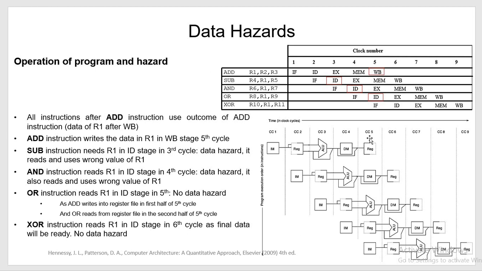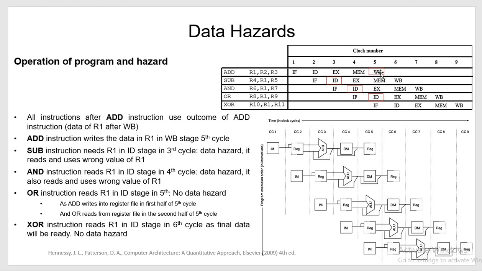That particular cycle will be divided into two halves. In the first half, a write operation will be performed. Whatever write operation is required in that particular cycle will be performed, and the reading operation will be performed in the second half. You can see this. The half register block is represented with a dotted line and the other with a solid line. This portion represents that during the first half of clock cycle number 5, the processor will perform the write operation, and during the second half cycle of the fifth machine cycle, the processor will perform